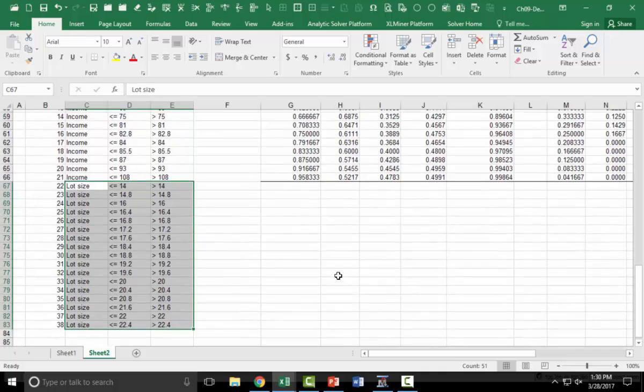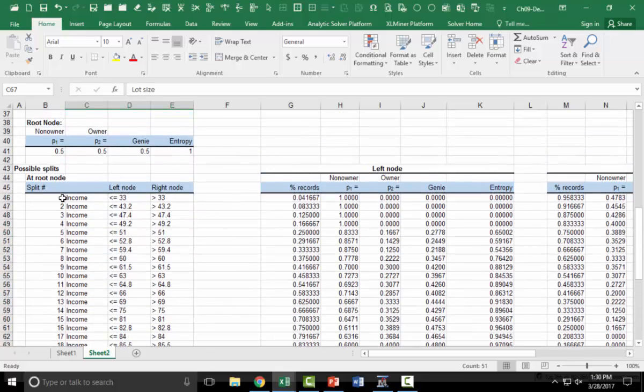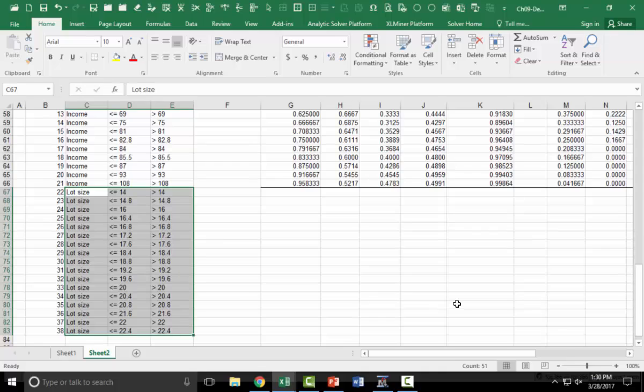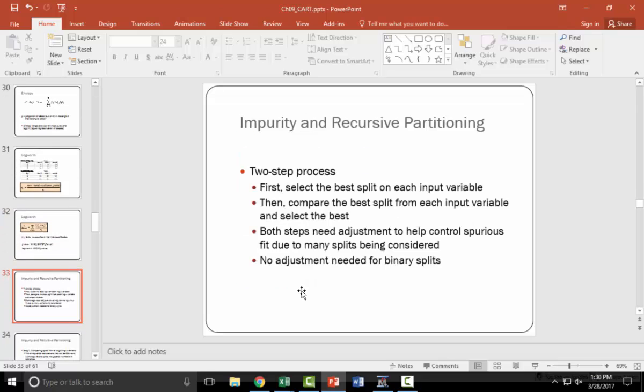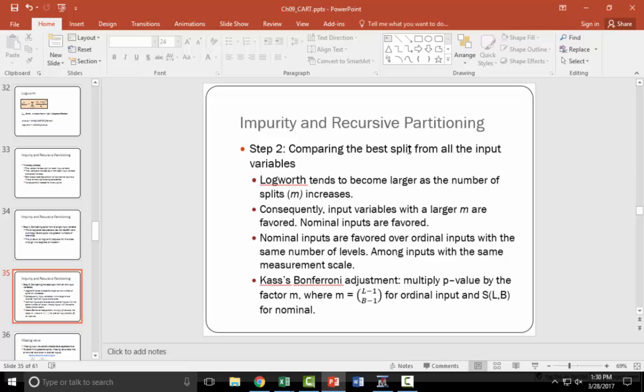There are a couple of approaches here. You look at the entire set and select the one that is least, or you can look at the first predictor and select the smallest value. That would be the candidate split for the first predictor. Do the same thing for the second predictor and select the candidate split for the second predictor, and so on, and then you compare. That's what is described here: step 1, comparing splits from a single input, and then step 2, comparing the best split from all the input variables. So it will be a two-step process. We will discuss that